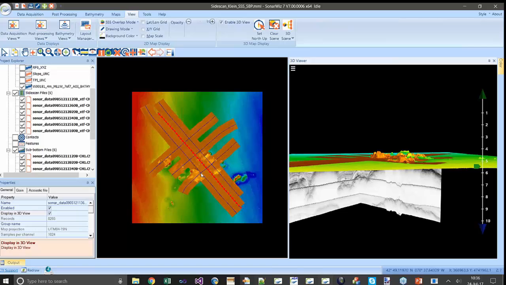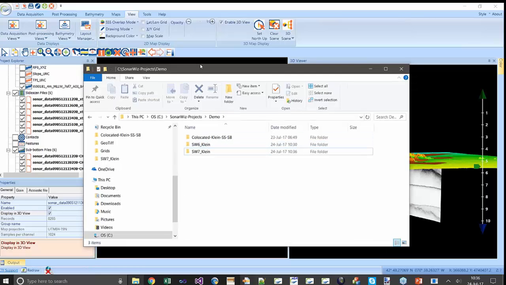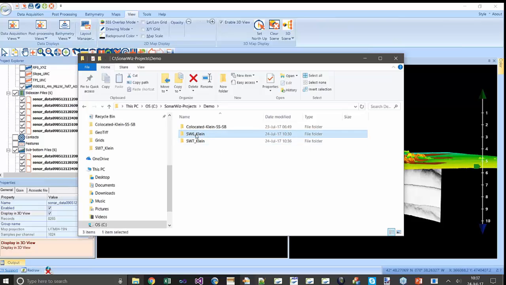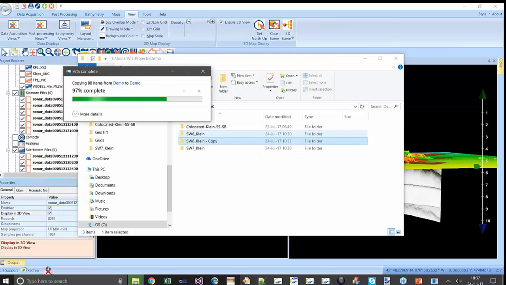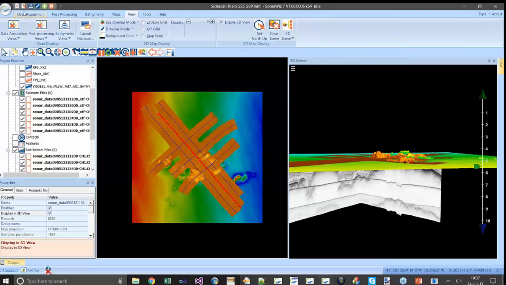So what happens when you want to migrate from 6 to 7? Let's take a look at that for a moment. So if you try to open a SonarWiz 6 project in SonarWiz 7, here's what I recommend you do. So I've got the File Explorer open, and I have a SonarWiz 6 project, the one we just opened previously, and I'm going to make a copy of it. And this is how we recommend you work in SonarWiz 7 if you're going to start with an existing SonarWiz 6 project. Now when you attempt to open this,